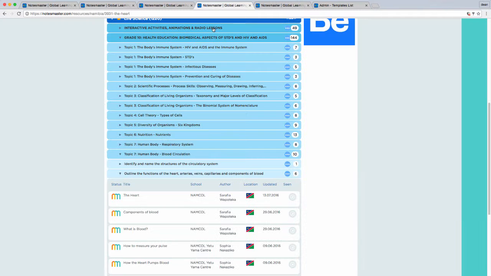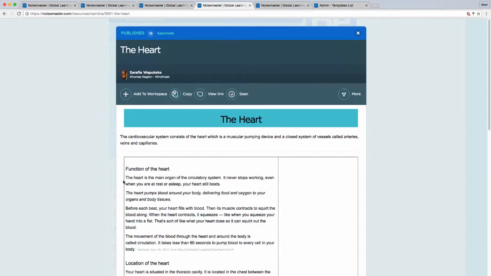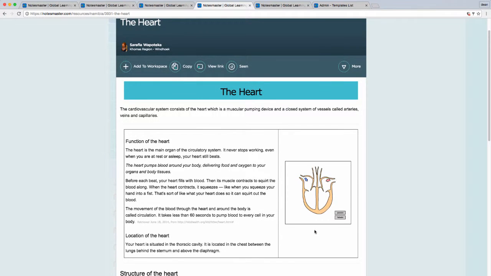In this example, on the heart, you're dealing with animation on the page. Looks really good. It can be labeled. These exist on the internet and can be inserted into your material. It's easier to find them than to make them, and again, more relevant for sciences than for history or even agricultural science. But the moment a student hits this page, they see a big title, they see a really nice animation,